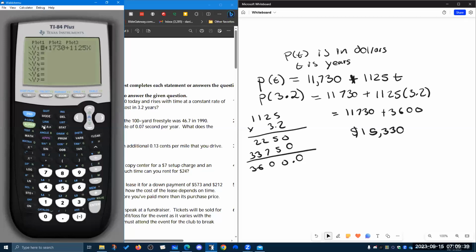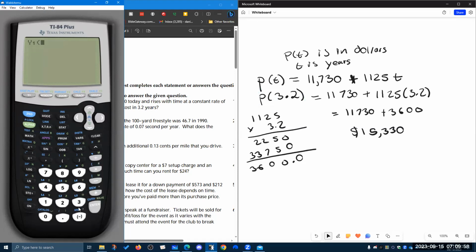That's our only variable that we have in function mode. We're going to quit. We can go out to our vars menu, y vars. We're in function mode, and we just put our function in y1,